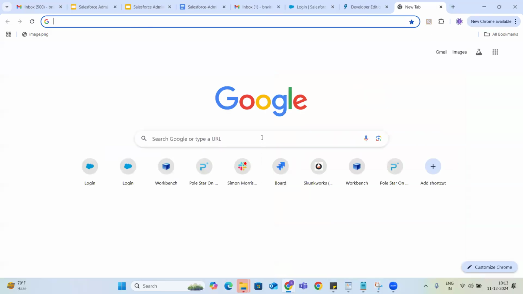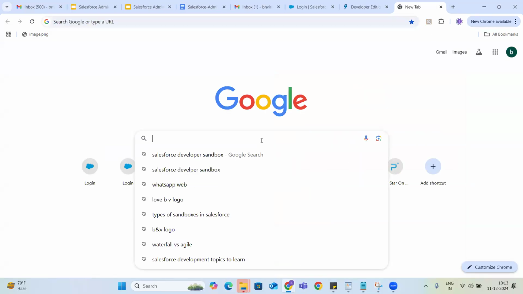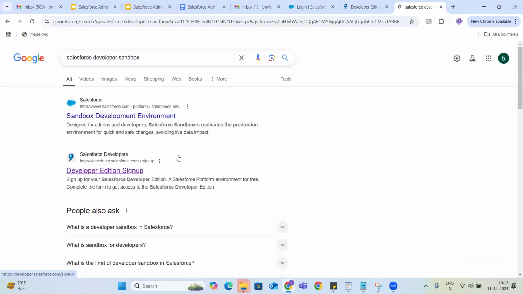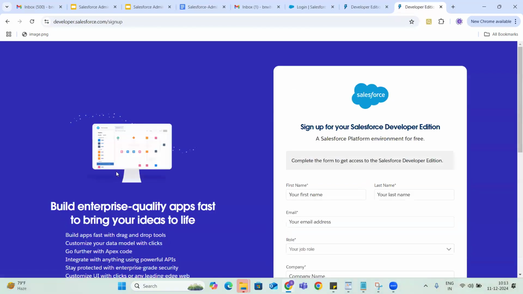You can open up Google and search for Salesforce Developer Sandbox. Then there is a developer edition sign up. When you click on this one, it comes to this page. So we are trying to create our own trial developer org.